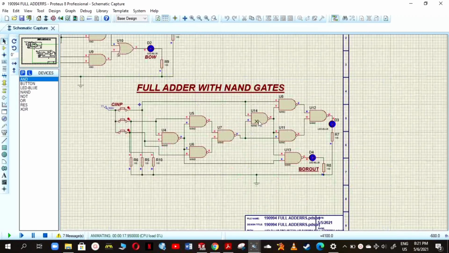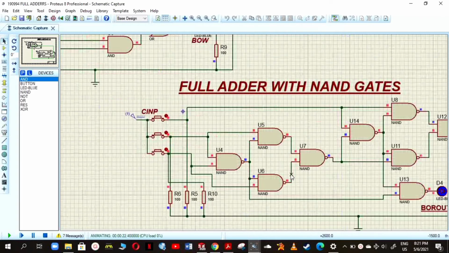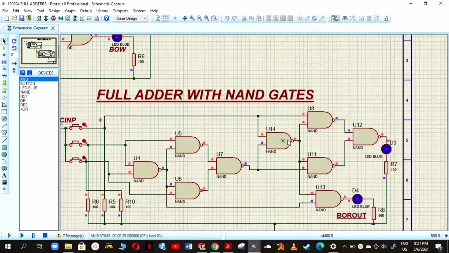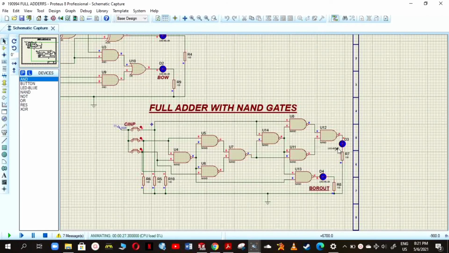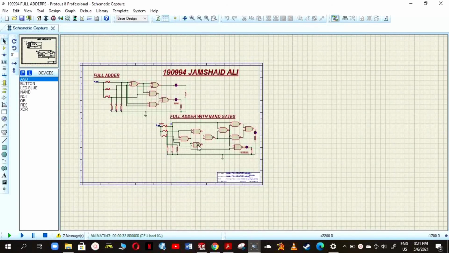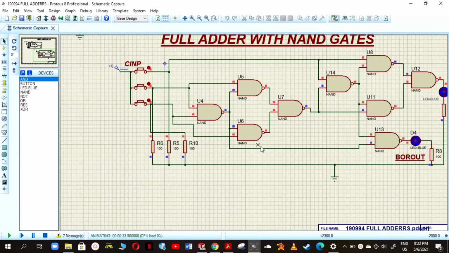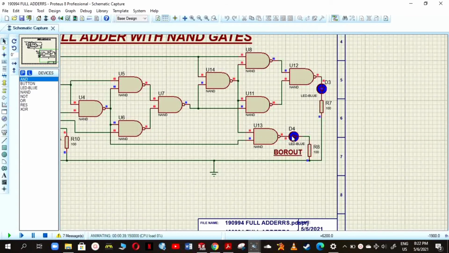So this is the NAND gate basic Proteus circuit. You can see here I used 9 NAND gates and constructed the circuit with the help of NAND gates. These outputs of NAND gates are connected as inputs to this NAND gate, and this NAND gate output is connected to the second circuit, which is these 4 NAND gates as input, and this NAND gate output is connected through an LED and shows us output by blinking or not blinking. This output is shown with the help of this NAND gate, which combines both the circuits with the help of inputs and gives us output by blinking.